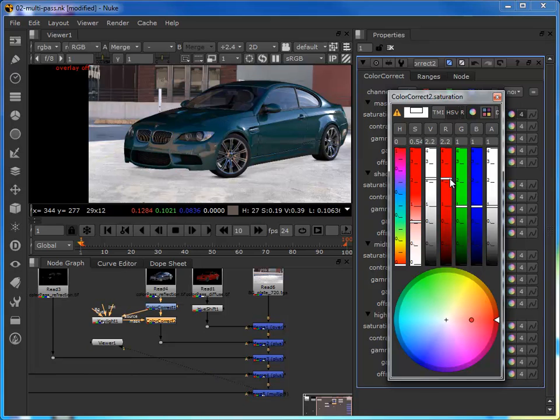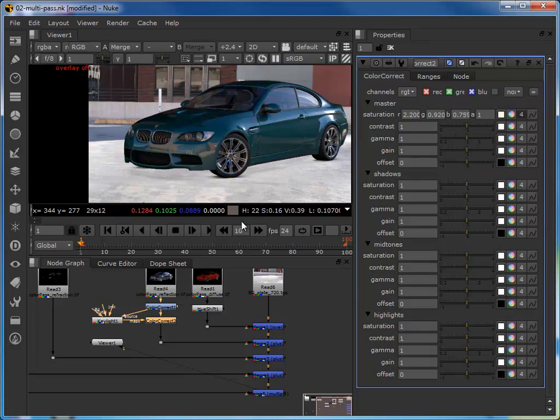So I know that I'm going to need to increase the reds and maybe add a little bit of yellow to that by reducing the blues, maybe a tiny little reduction on the greens as well, just to add a little bit of magenta into there, maybe a little bit more on the blues. Okay, and we can see that these tones now are starting to match up with the similar tones in the background. So let's say that I'm prepared to accept that then, so I'll close the colour picker